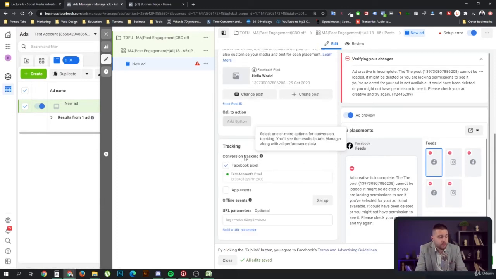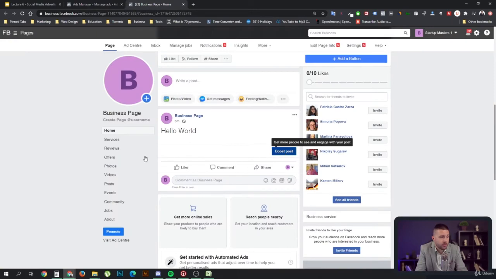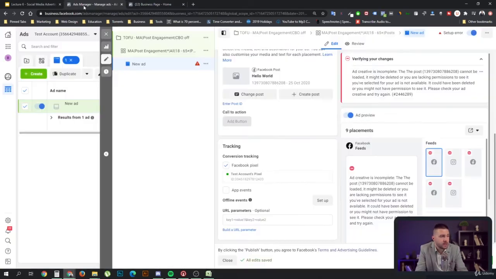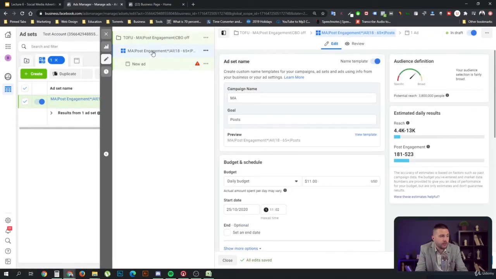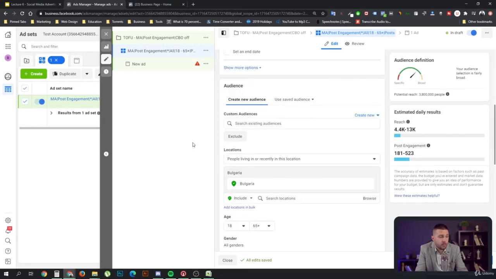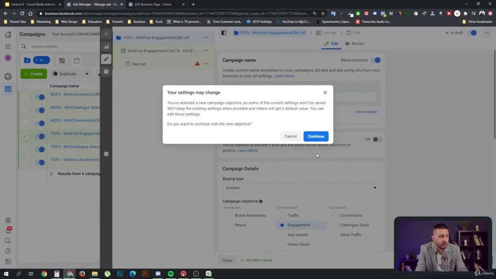And here you have the option to use your Facebook pixel, which you do also have when you're boosting here, but you don't have an objective. That's another very, very important thing. If you go here with the post engagement, you can get more post engagements. But if, let's say, I change the objective of the campaign to conversions,